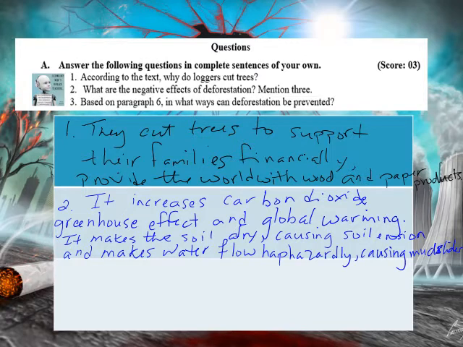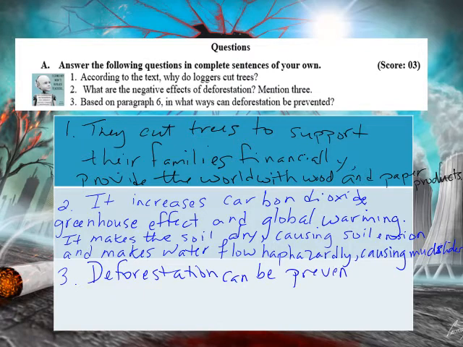Alright, number 3. Go ahead, Dana. Based on paragraph 6, in what ways can deforestation be prevented? Preventing deforestation is a personal responsibility that people should take. First, they should carefully manage the natural resources by eliminating clear cutting. Second thing, they should maintain balance by planting enough new trees to replace the ones cut. Excellent. So it can be prevented